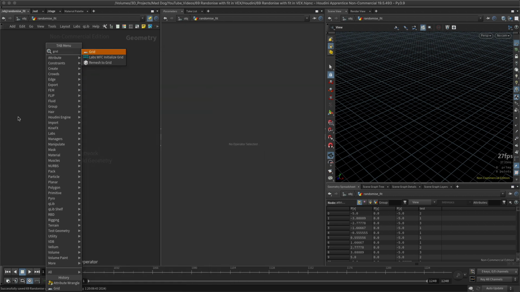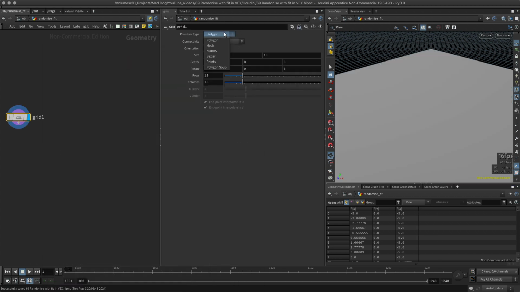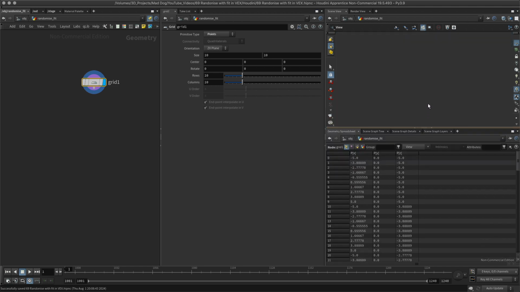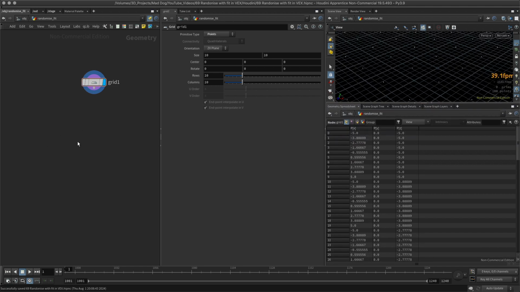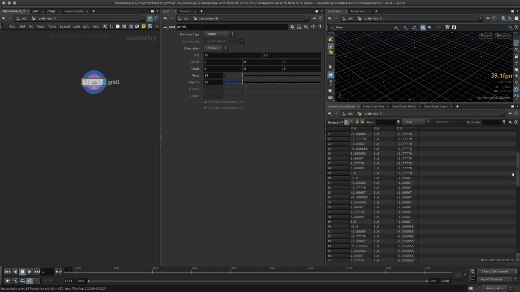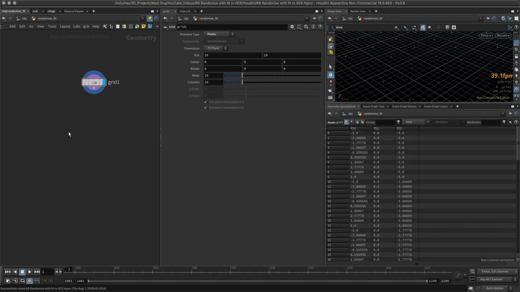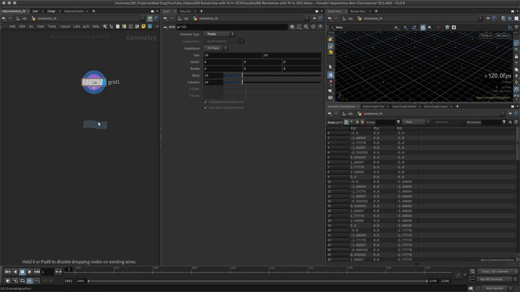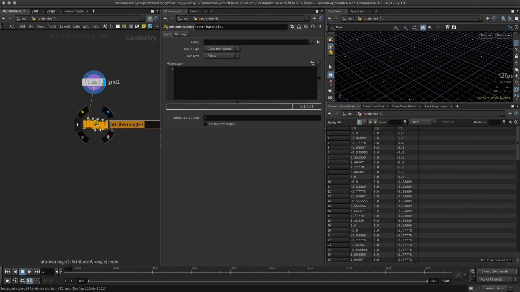So first of all, again, let's just create a grid. I want the grid to be in points, just so I can see the values here in the geometry spreadsheet, which is really what's important here. So let's change that a little bit. I should have, I think, 100 points. Yeah, I'm correct. And let's just create an attribute wrangle,